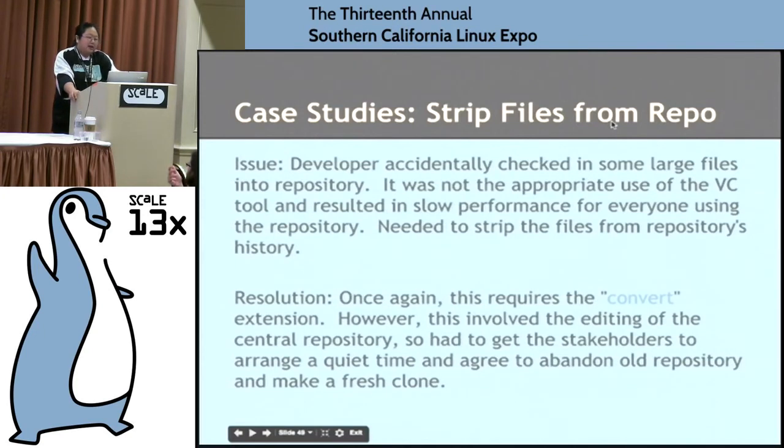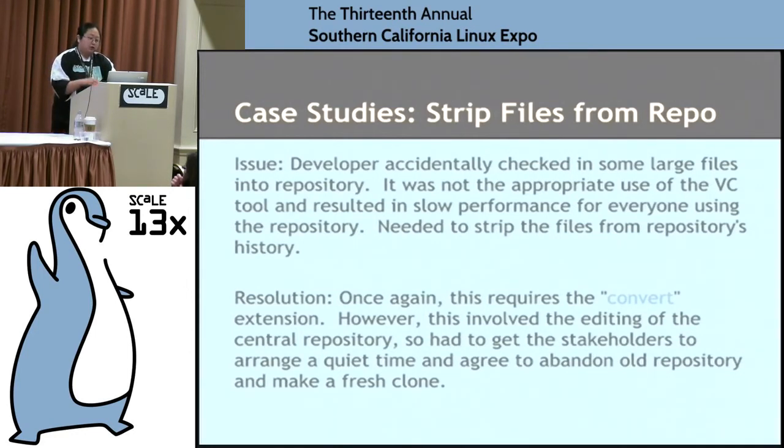This is something that I really wanted to highlight, which is a case where I had to strip files from my repository. This is because a developer had accidentally checked some very large files into the repository, and it caused a mega slowdown for everyone. And they were complaining about it. And I was just like, look, the only thing I can do is remove it from the central repository. But the only way I can do that is if you all agree to push all your changes in, throw away your current local repositories, whatever you've been working on, and do a fresh clone.